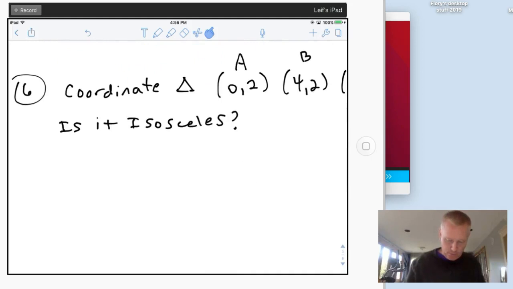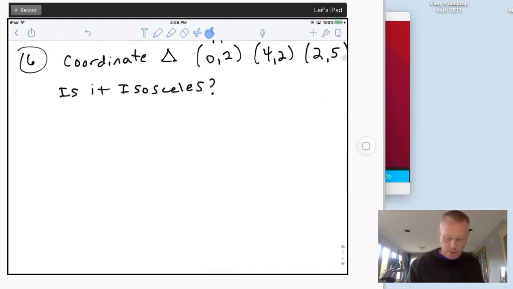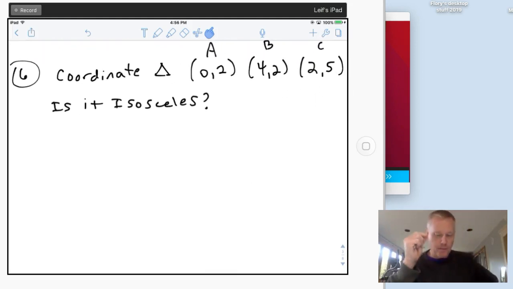Next, coordinate triangle. A, B, and C, 3 points. And they want to know, is it isosceles? So the way you do this is you do the distance formula, like, 3 times. I want to know what the 3 lengths are, and then I can look at them and see if any of them are the same. Remember, an isosceles triangle has 2 sides that are equal in length. All right, so if I go between A and B,